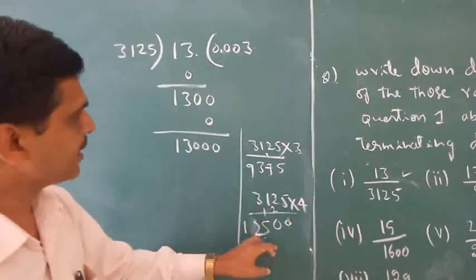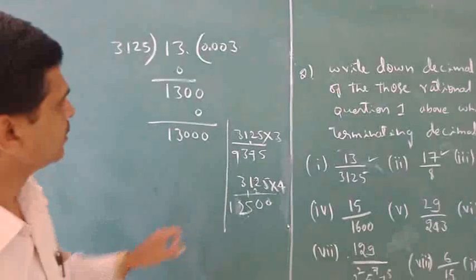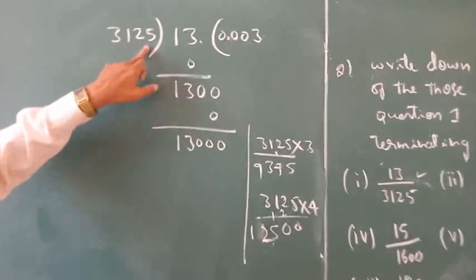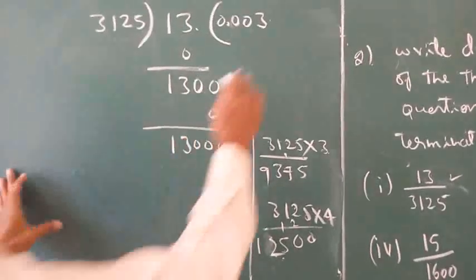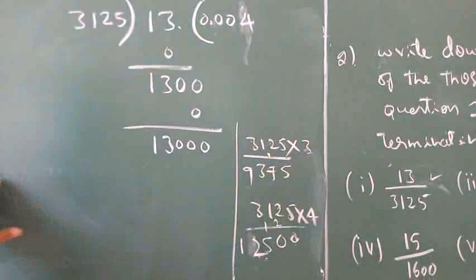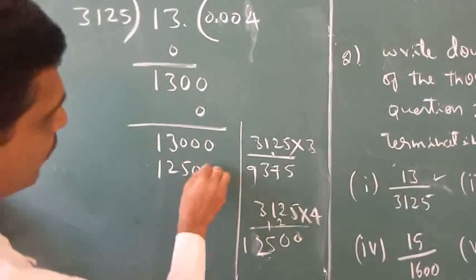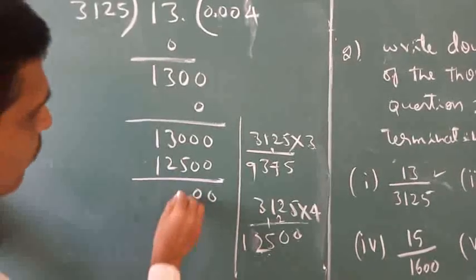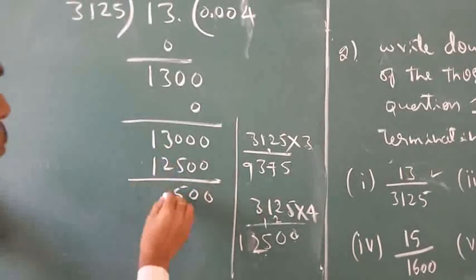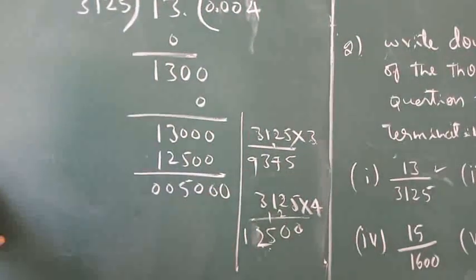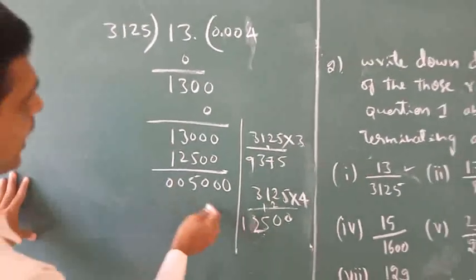So what happened? It is more than that. So now take 13,000, which is greater than 3,125. So which is the number over here? Take down 4. It is 12,500. Now subtract, we get the number 5. So 0. It is 500. Now take the point here, one more 0. So that is why we can again divide it,